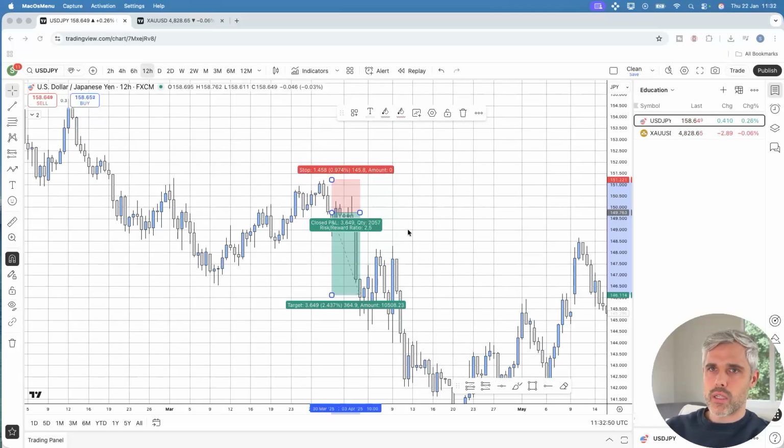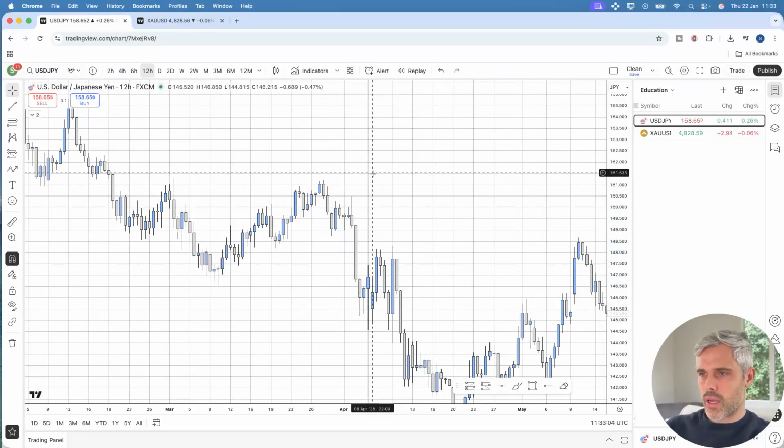So let's just run through a quick example of a reversal pattern playing out on USDJPY. We'll then look at two of the best reversal patterns that you can trade, and then further examples on gold. And I'm going to keep this to 10 minutes. So let's just take that away, and I'm going to show you step by step how to get involved in